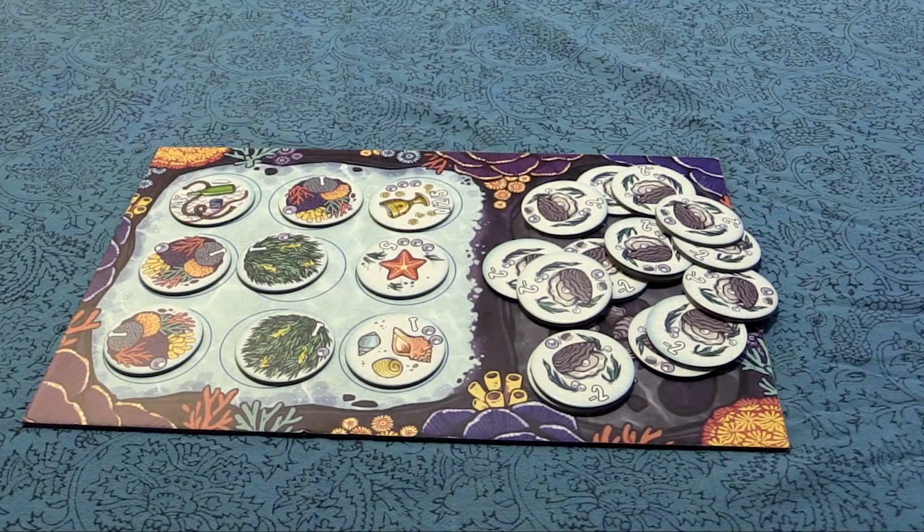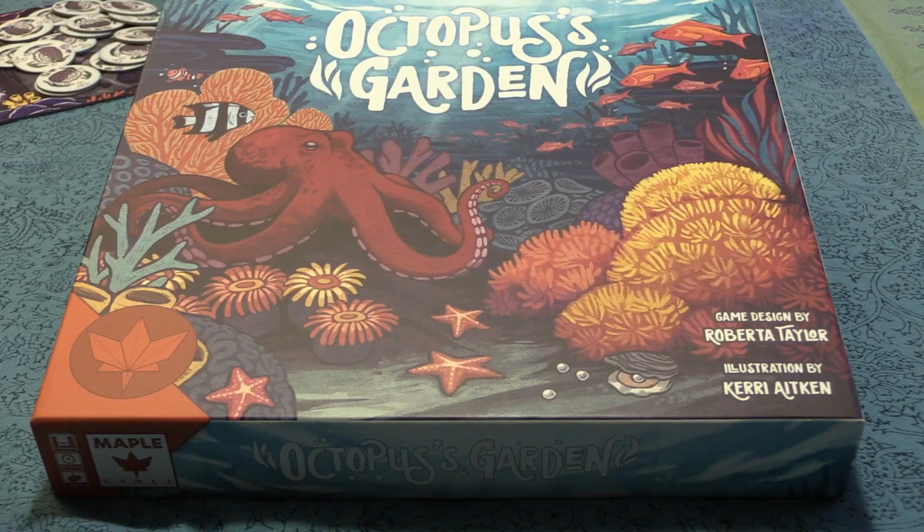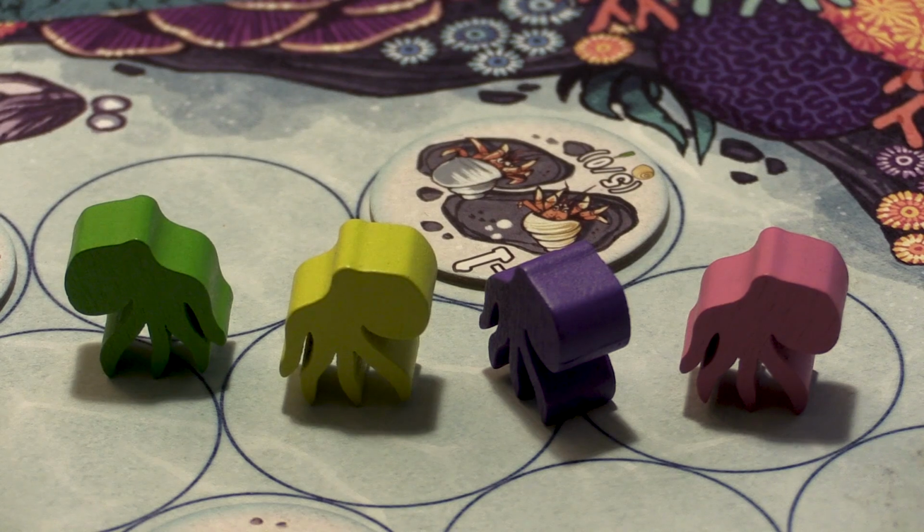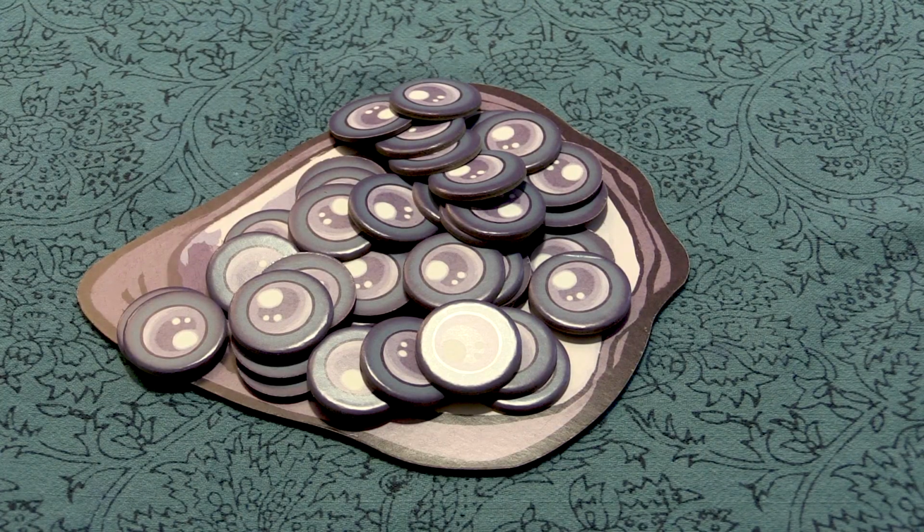So this is Octopus's Garden. This is a game that's being put out by Maple Games, and it's a Canadian company and a Canadian designer. In this game, all the players take the role of an octopus who wants to create a beautiful undersea garden. The way that you do this is you have pearls, which are your currency, and you